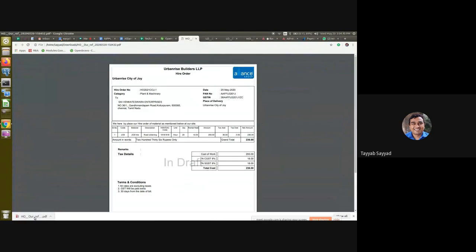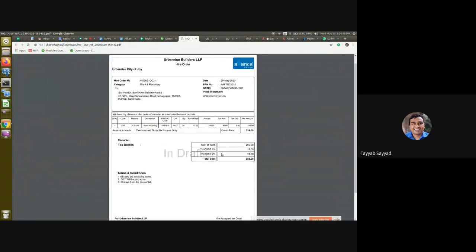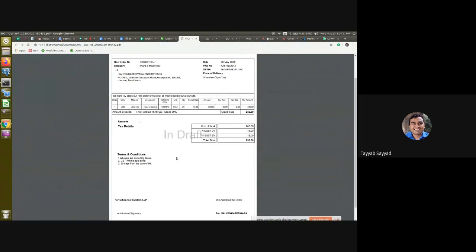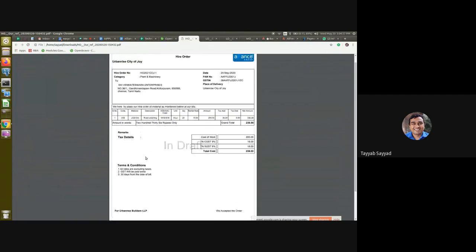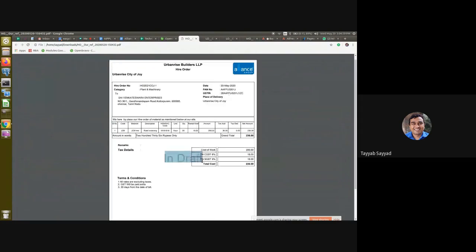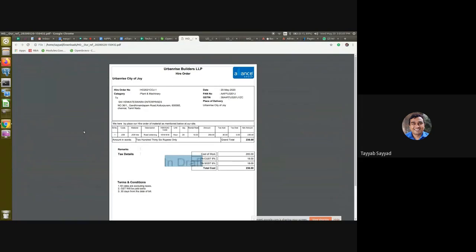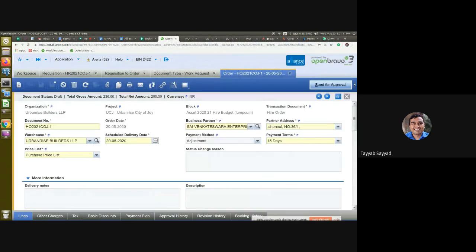So this will be the hire order, which will define what material, what is the description, HSN code, amount, tax addition, deduction, cost of work, total cost, and our terms and conditions. This will again show in draft if it is not approved. Category it will show plant and machinery. And I'll send this order for the approval.